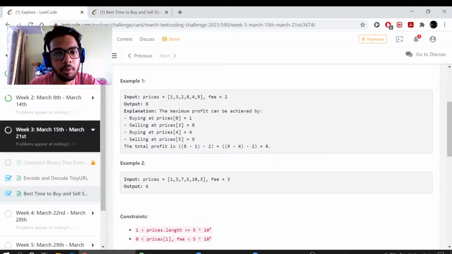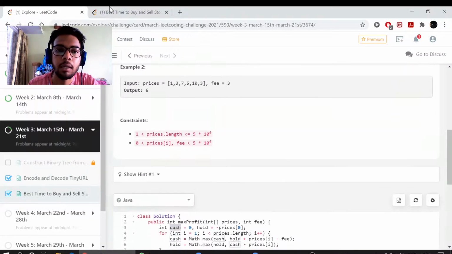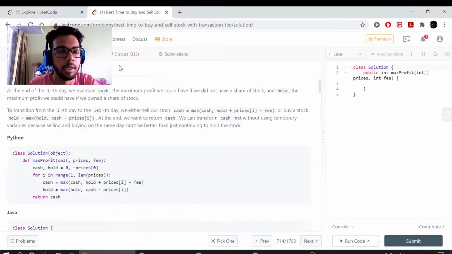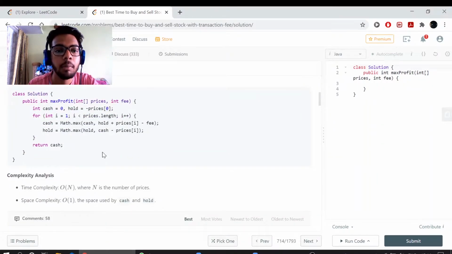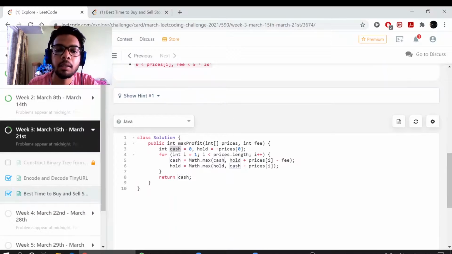And this problem is although easy, but I tried a different approach in which I failed. So I had to look up the solution provided by LeetCode itself. And this solution, although it is a good solution, they didn't explain it quite well. So I'll be trying my best to explain how to do it.